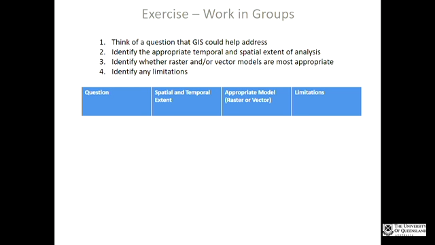But then I want you to think about what's the appropriate data model for that question. What type of data? You have to think about what type of data you might need. What's the data model you might use? And then think about what some of the limitations of that might be. So, if you've got a really big area, and you're trying to capture something that varies a lot spatially, are there limitations in the cell size, for instance,